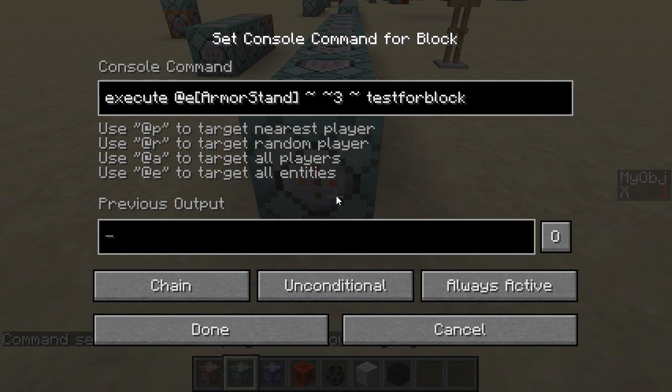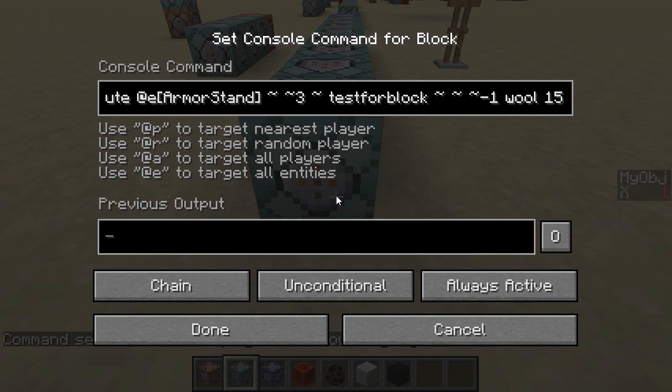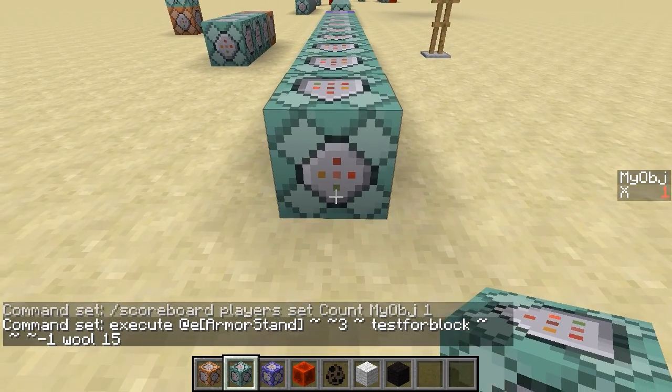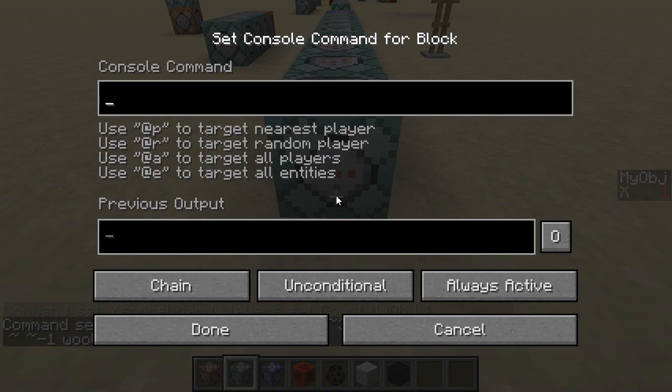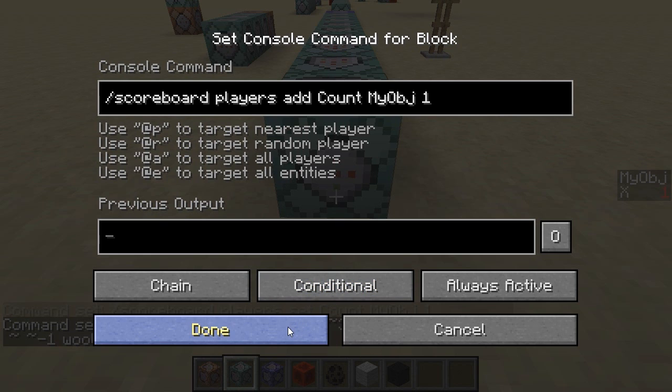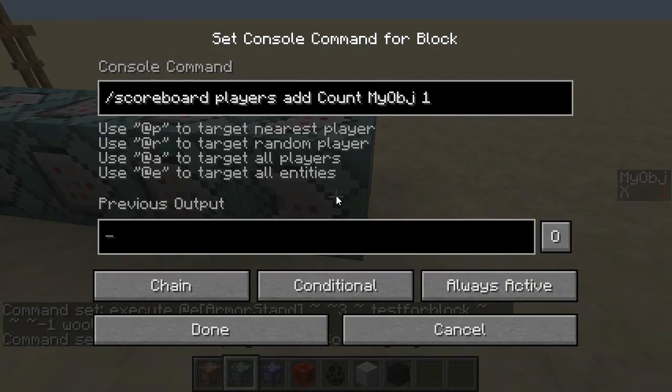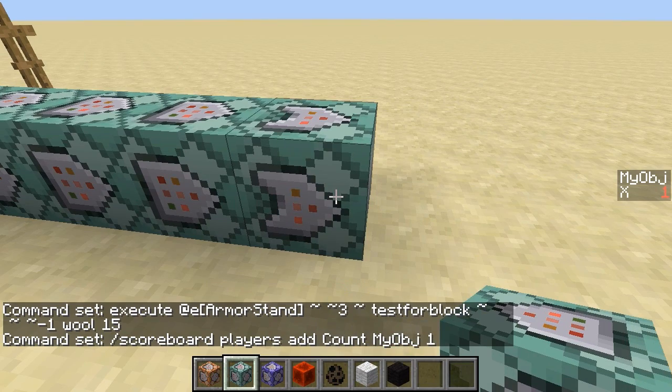And then I'm going to say test for block at tilde minus 1, which will be kind of the block above us when we're facing down looking at this thing, for wool 15. And so that'll test if there is a black block above us. And if there is, then I want to say scoreboard players add count in my objective 1. I'm going to do that conditionally. So I'm going to look and see if the block above us was a black. And if it was, I'm going to add 1 to the count because I'm trying to count how many